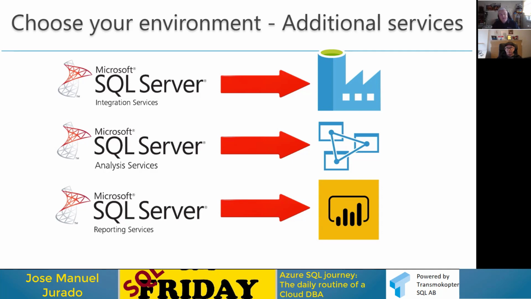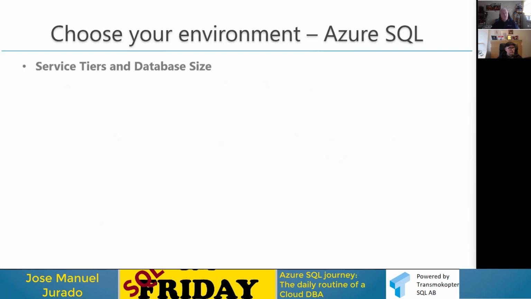Another thing is about Analysis Services. Yes, Analysis Services. Right now we have another PaaS service that works in a similar manner to Analysis Services. And finally, we have Reporting Services. Of course, you could use Reporting Services. You could install Reporting Services on a virtual machine, transfer all the reports that you have to this virtual machine and run them, or use the new option that we have, called Power BI, which has many other things. So these are the different things that we have, okay?